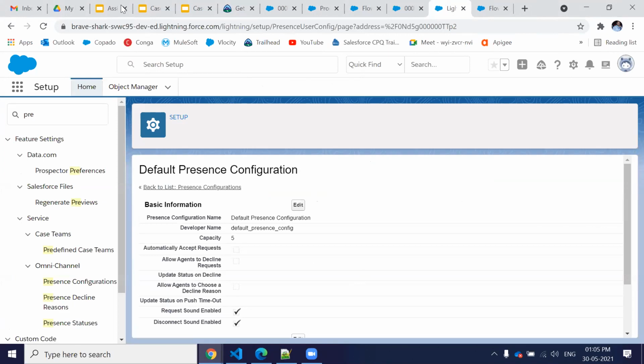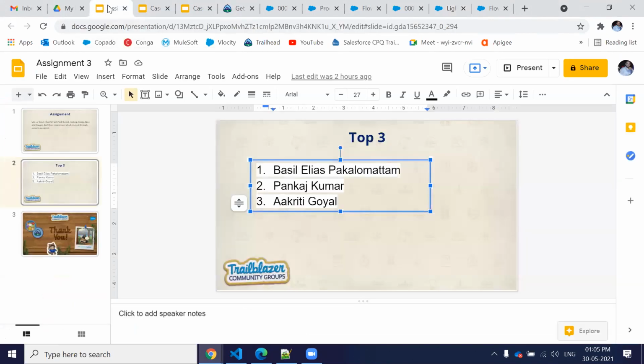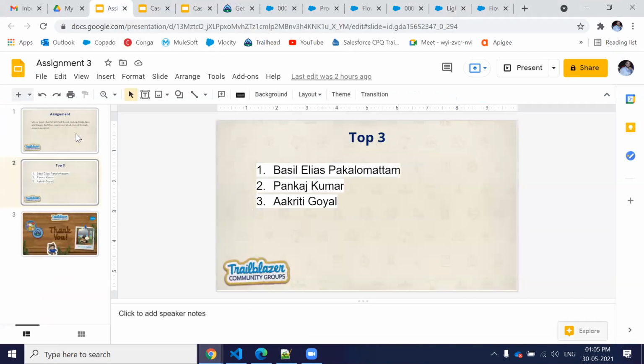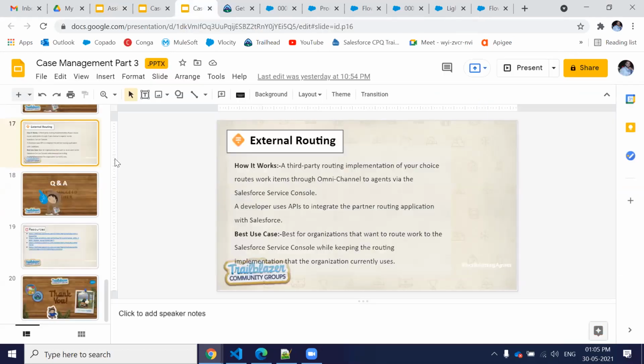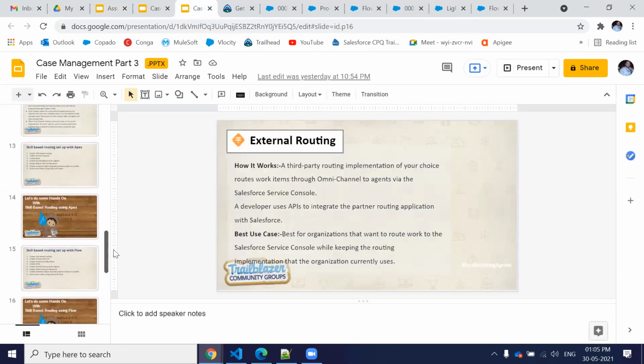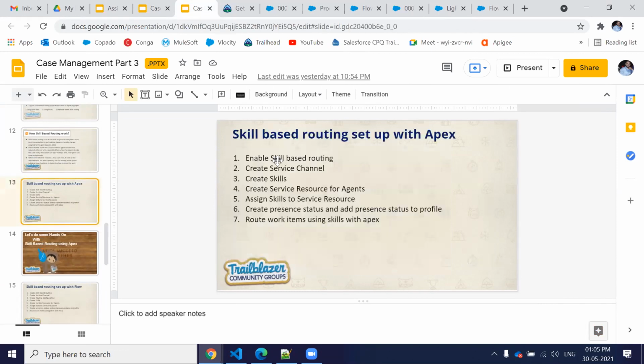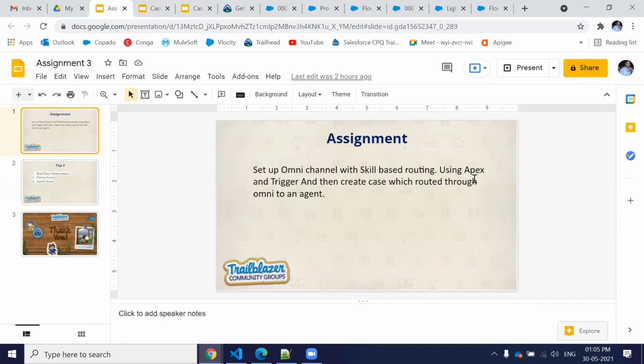Yeah, sure. Okay. So today's assignment is this. You have to set up omni channel with skill based routing, where you have to follow these steps. You have to use the Apex and trigger like how I used, and then you have to create the case and it should be routed through the omni to the agent.